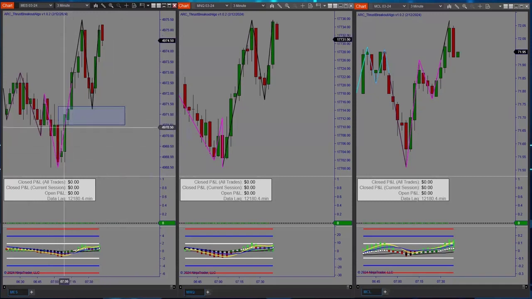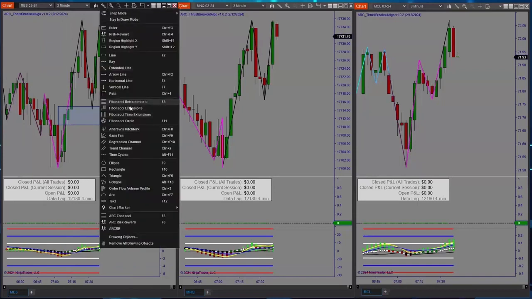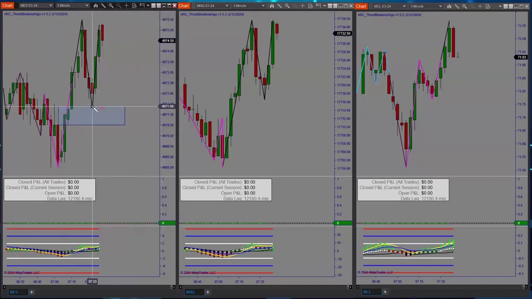And here's a perfect example of a demand zone. This is a rally candle into a base candle into another rally candle. Now, the way that most traders are trading this zone is they're going to wait until the market comes back into this zone. If I grab a risk reward tool, we'll just kind of highlight that out.